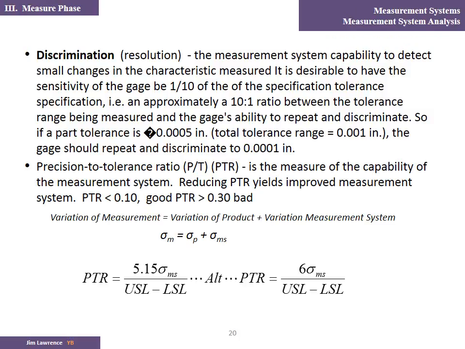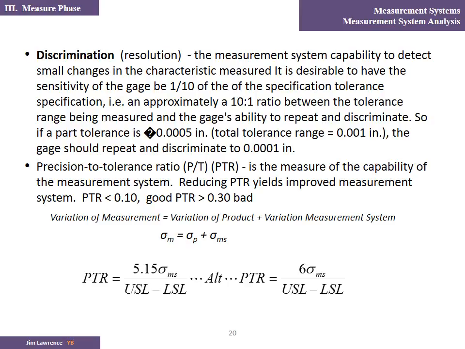Discrimination is the resolution of a measurement system, its capability to detect small changes in the characteristic measured. The rule of thumb on discrimination is to have the sensitivity of a gauge be 1/10 of the specification tolerance. That is, a 10-to-1 ratio between the tolerance range being measured and the gauge's ability to repeat and discriminate. So if a part tolerance is 0.0005, total tolerance range of 0.001, the gauge should repeat and discriminate to 0.0001